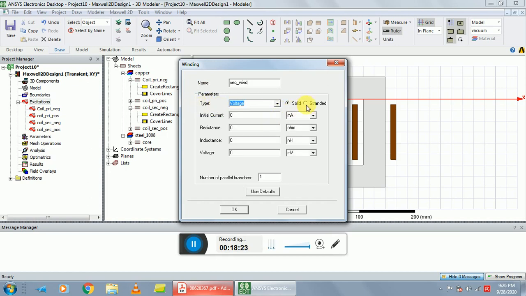Type is voltage and conductor is stranded. Initial current is 0 ampere and resistance is 2 ohm and inductance value is 250 millihenry and voltage is 311 multiply sin, use the small bracket, write down 2 multiply pi, again put the symbol of multiplication, write down 50, again put the multiplication symbol and write down time